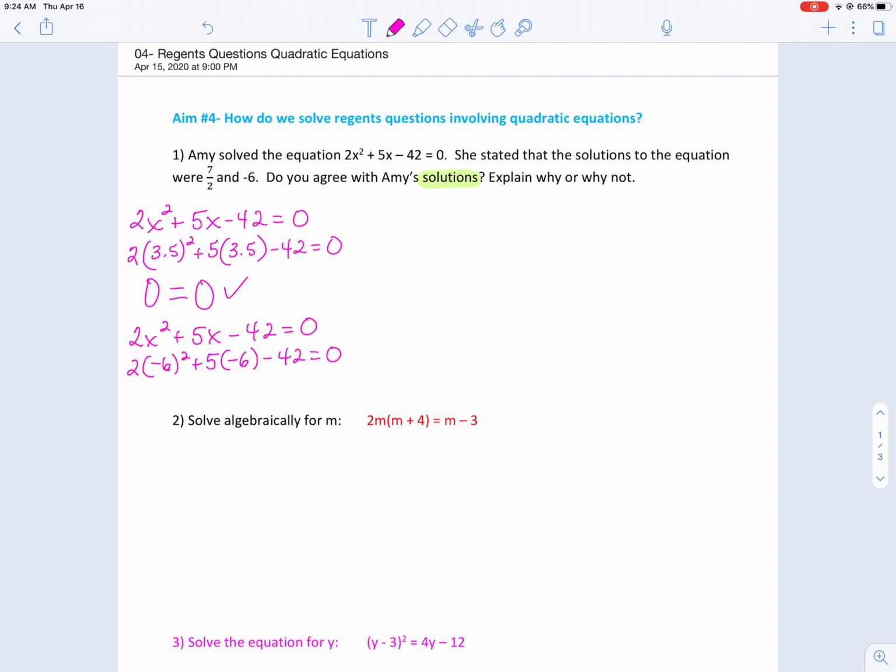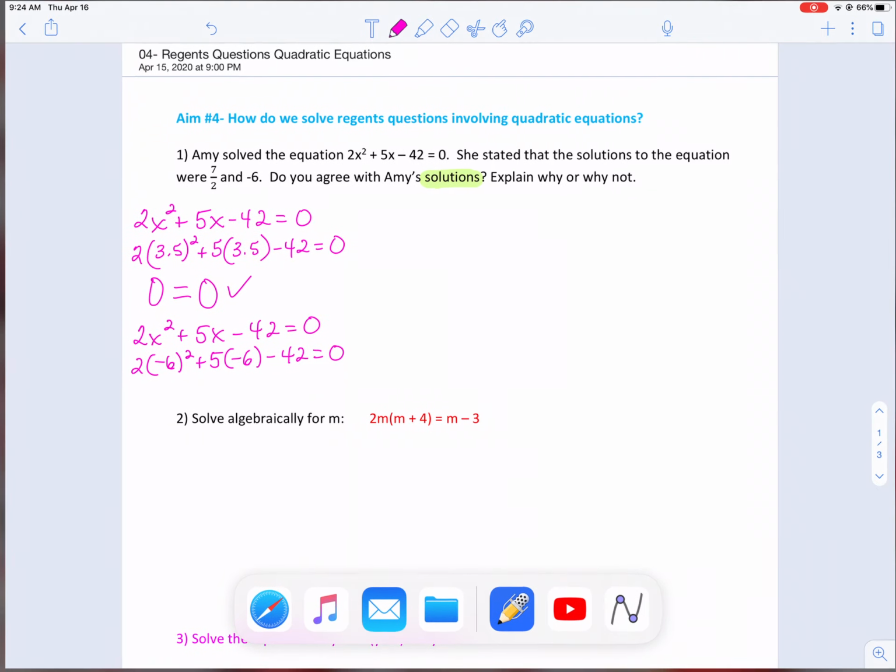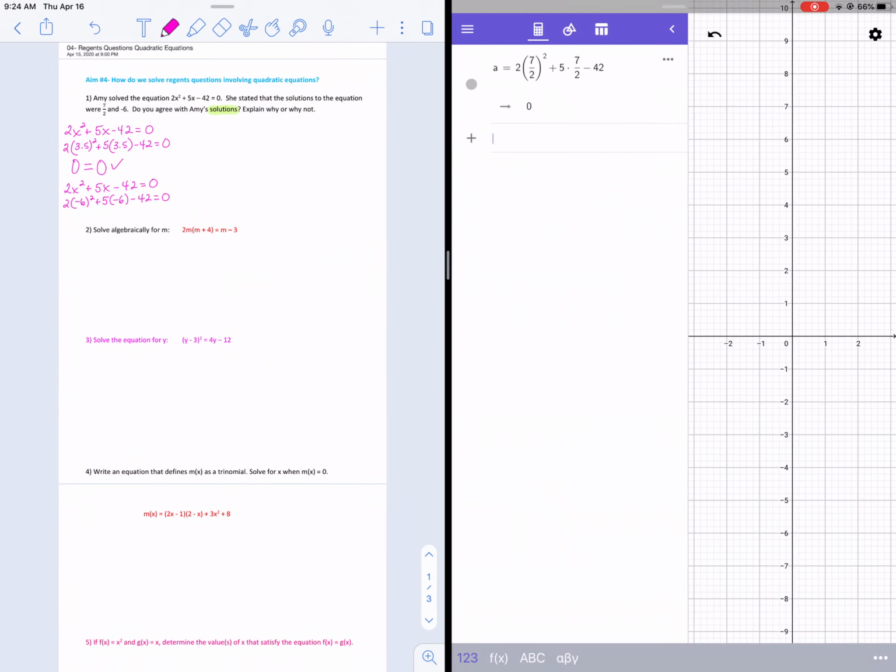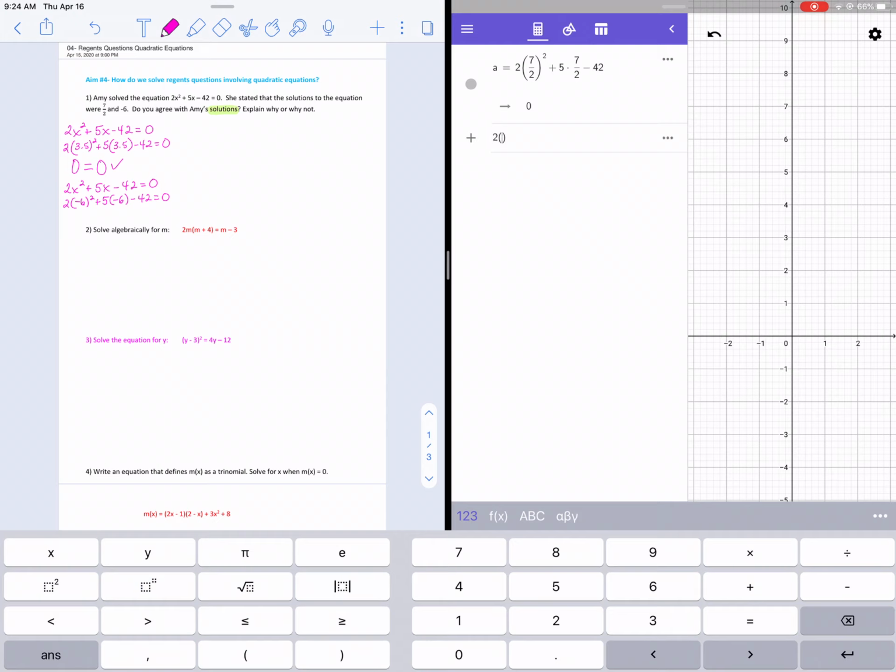To prove it to you, I could do 2 times negative 6 squared, plus 5 times negative 6, and then minus 42. And I get 0. So I could literally say she's correct because when the solutions are substituted in for x,